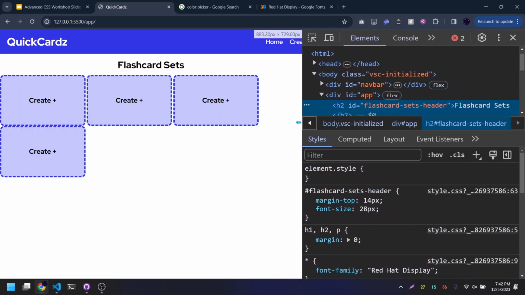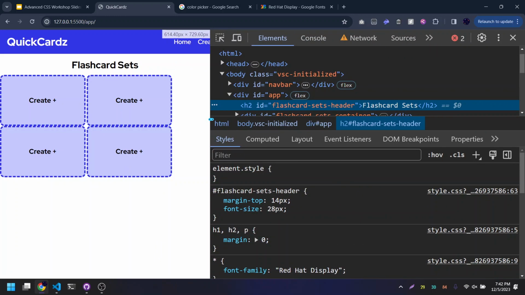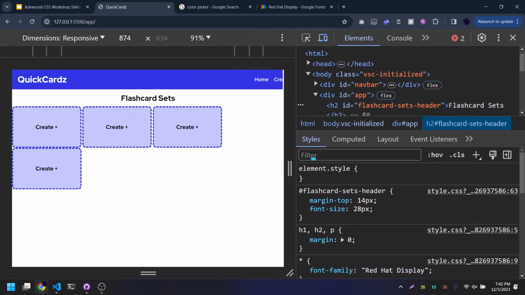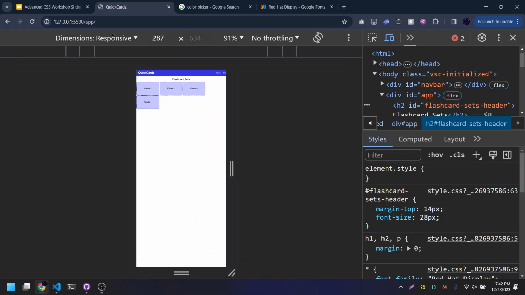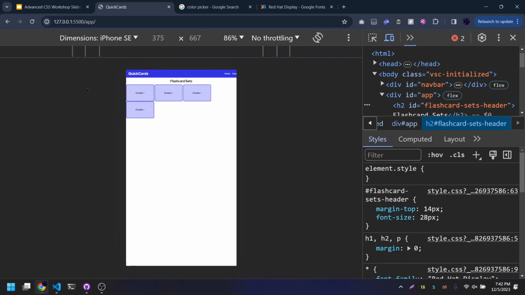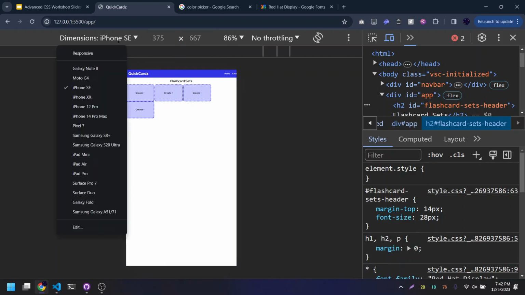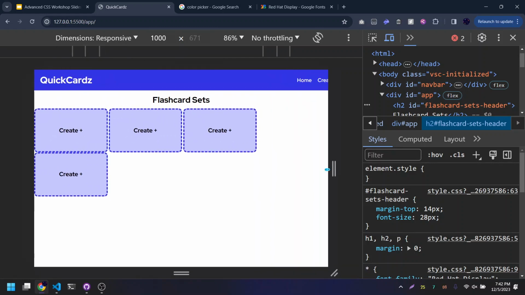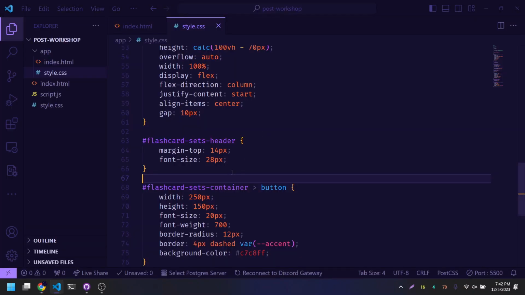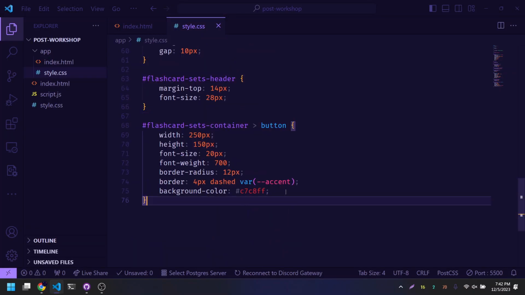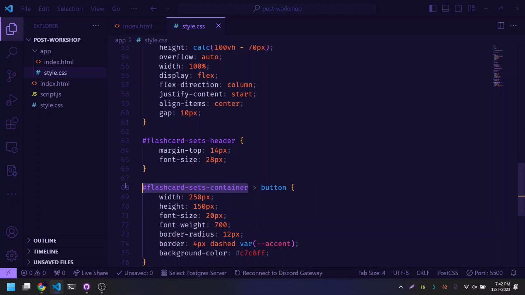But what happens if I squish them? It's ugly. What if I'm on a phone screen, right? Let's say I'm on an iPhone SE. This is kind of ugly. So what I'm going to do instead is go to my flashcard sets container,